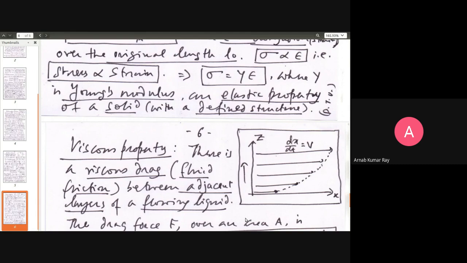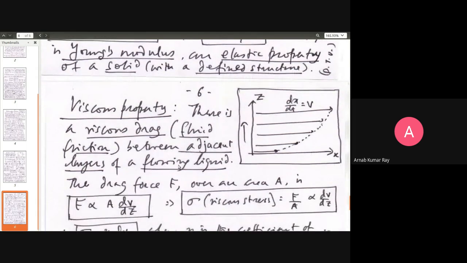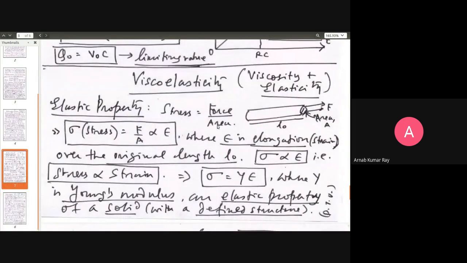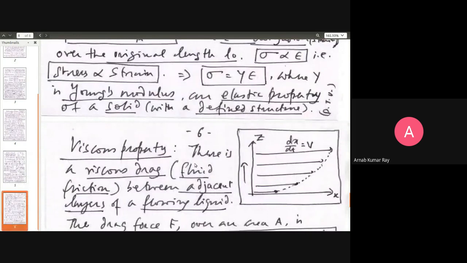Ice is H2O solidified, and once ice has been formed, the molecules of H2O get arrayed in a very nice, neat, well-defined structure: ice crystals. But viscosity is a property that you associate with liquid. How are we suddenly bringing them together in a common platform known as viscoelasticity? We shall discuss this soon.